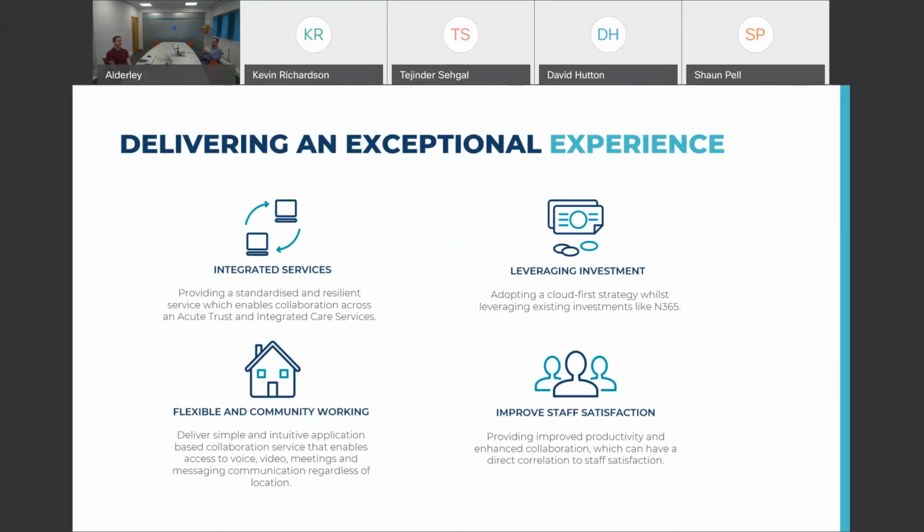We know that if people are struggling to use collaboration services, then they're struggling to work together. And collaboration by its very definition is about working together to produce an outcome. Being able to produce that outcome and work together, make a success out of your role and grow within your role, you need the right services to do that.